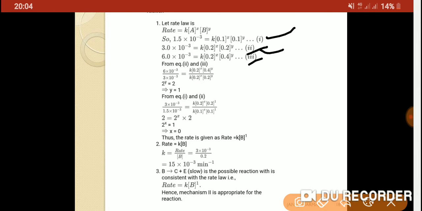you can check that 0.2 and 0.2 to the power x are similar in both reactions. After solving equations 2 and 3, you will get the value of y, and after putting down the value of x equal to 0, you can solve equations 1 and 2 very easily. But firstly you have to check how to take the first and second reaction. So check the similarity of the reactions: 0.2 to the power x, 0.2 to the power x. These will cancel each other in solving the equations and you will get only y values. So find the y values very easily.